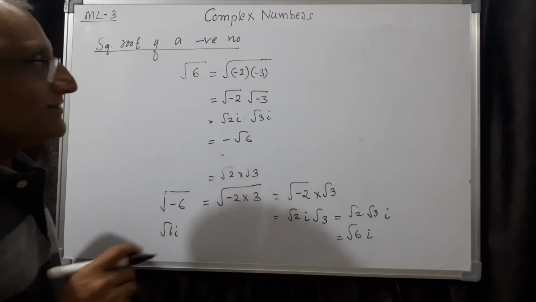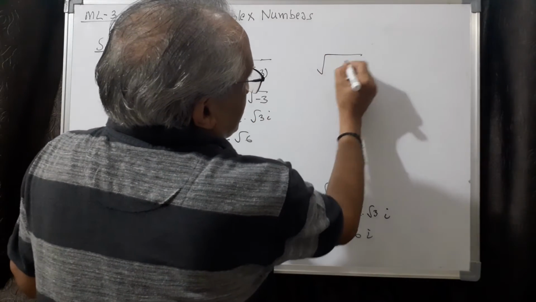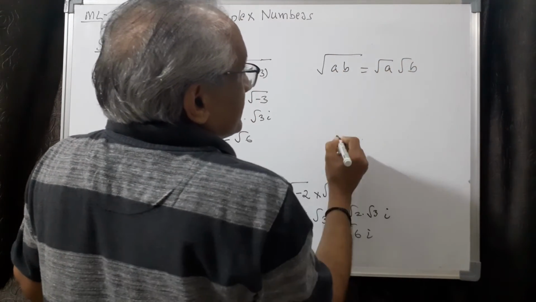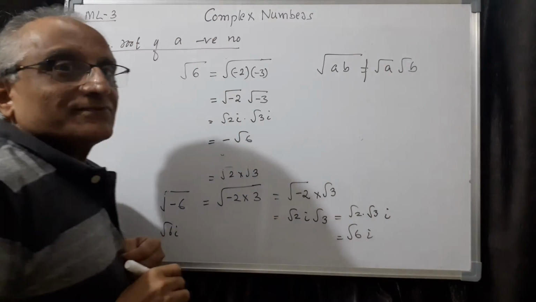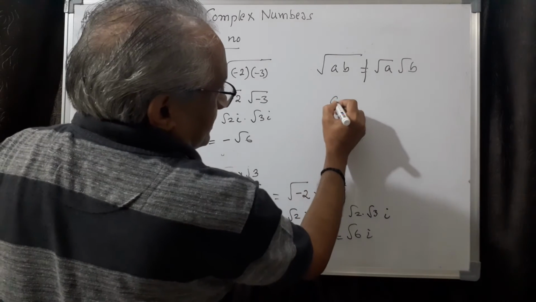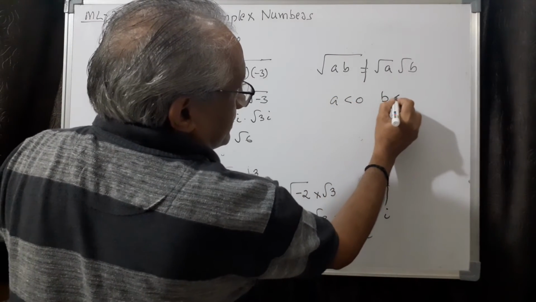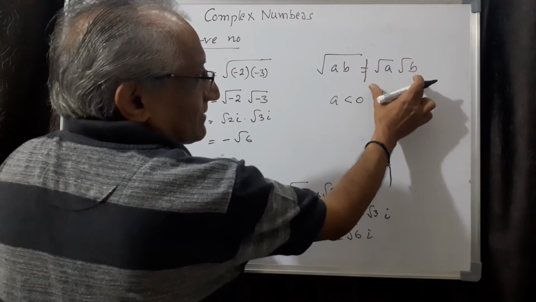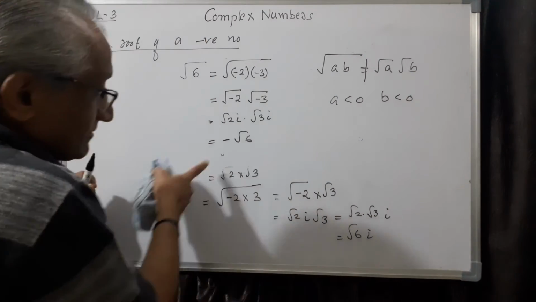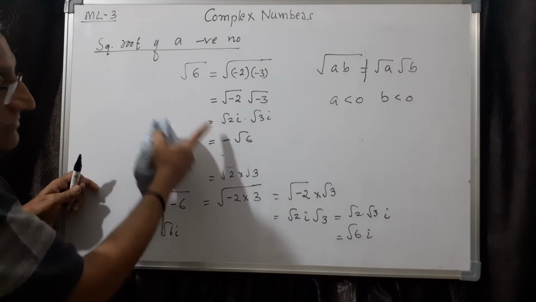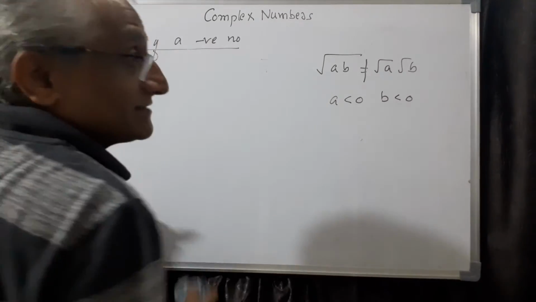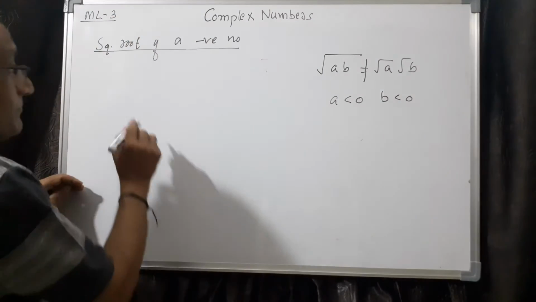What is the problem? So remember, this root of AB equal to root A root B is not valid when both factors are negative. That is, A is negative, B is negative. So this is not valid. Therefore, you cannot take like this. Therefore, this is the condition which you have to remember, otherwise you will get this wrong result. Something positive will equal something negative, which is not possible. So you have to remember this law of index is not valid when both are negative.